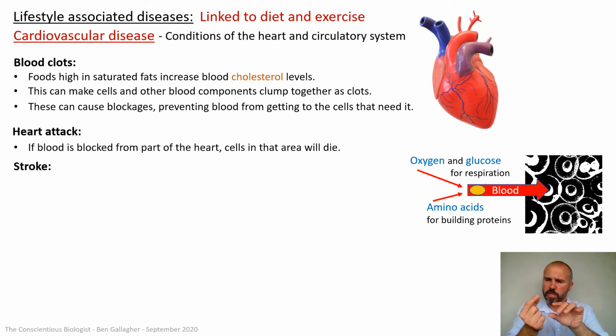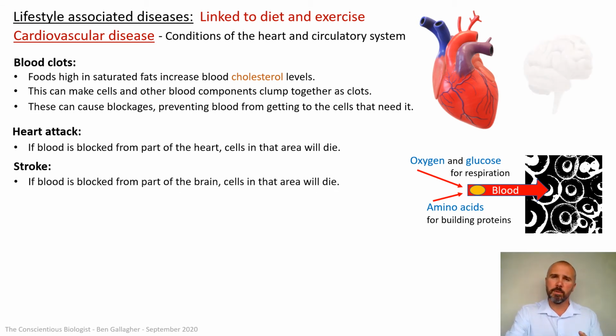But if that coronary artery branches into 2, 4, 8, 16, it keeps branching, taking the blood, spreading the blood all over the heart. Well, if there's a blood clot that just blocks one of those tiny arteries that are called arterioles, that's supplying blood to just a little bit of the heart up there, then that bit of the heart will die. Now, you've still got a bit of your heart that's died. It would hurt, you'd notice it, but that would be a minor heart attack. If the blockage was a bit further up and blocked more blood from getting to a bigger area of the heart, the more of the heart that dies, the more serious the heart attack would be.